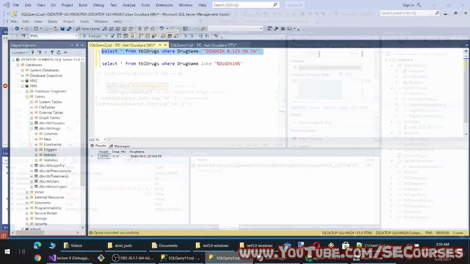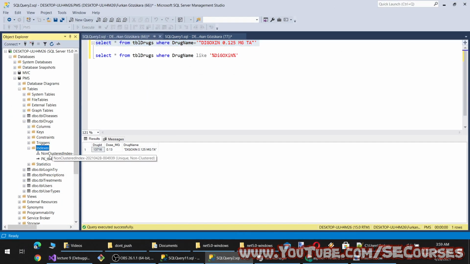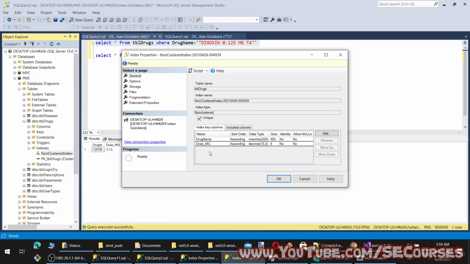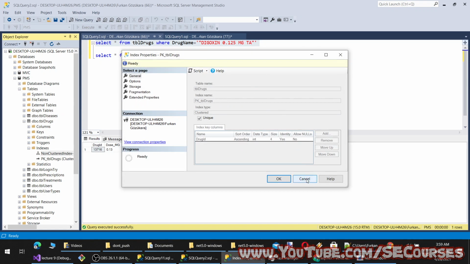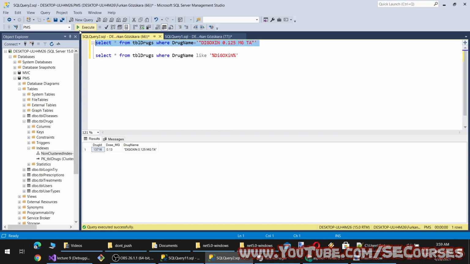And when we save it, it is not working. Why is that happening? When we see the script, it takes drug name and dose, milligram. So something is not right here.